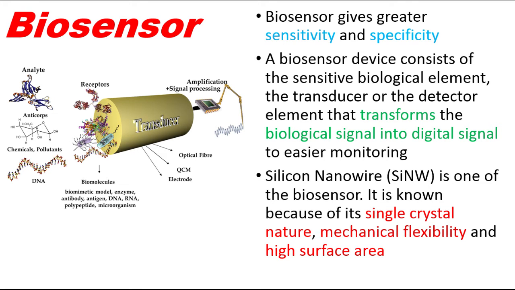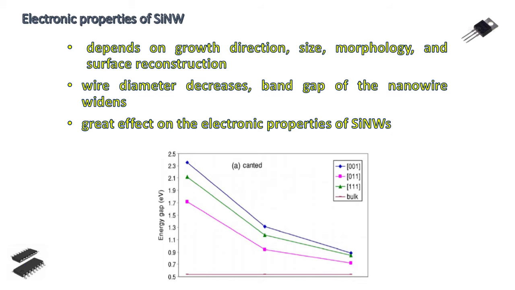It has two parts, sensor and transducer, which detect the biological signal and transform it to a digital signal for easier monitoring. Silicon nanowire-based devices are unique as they have single crystal nature, mechanical flexibility, and high surface areas compared to other devices. The small sizes of silicon nanowires make their electronic and electrical properties strongly dependent on growth direction, size, morphology